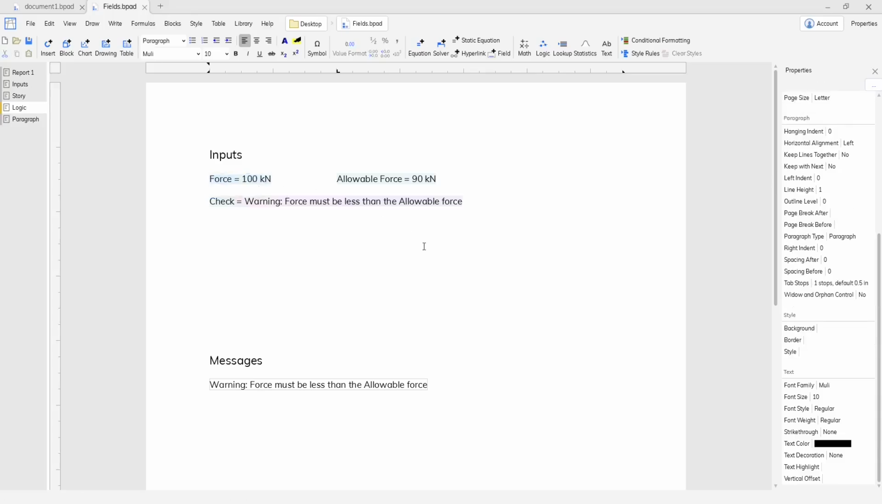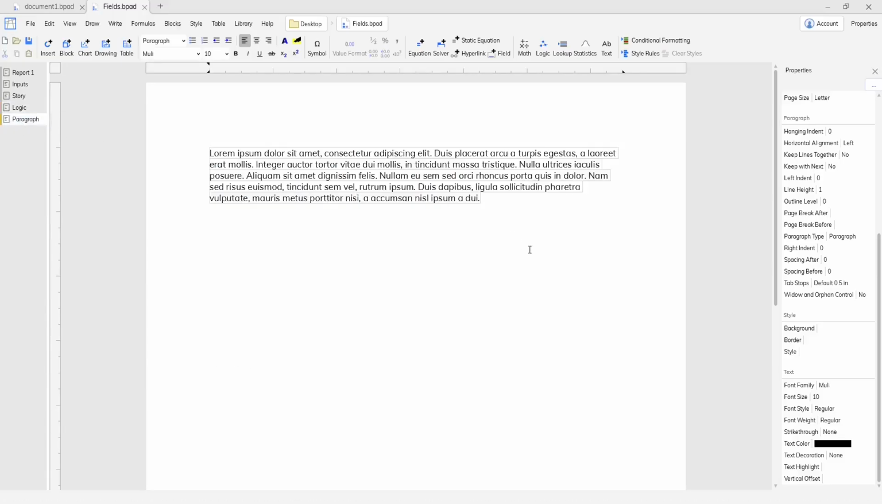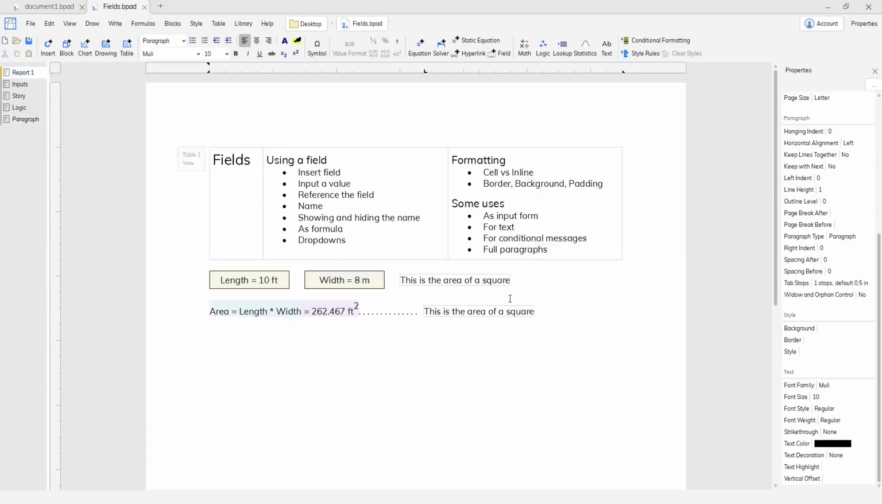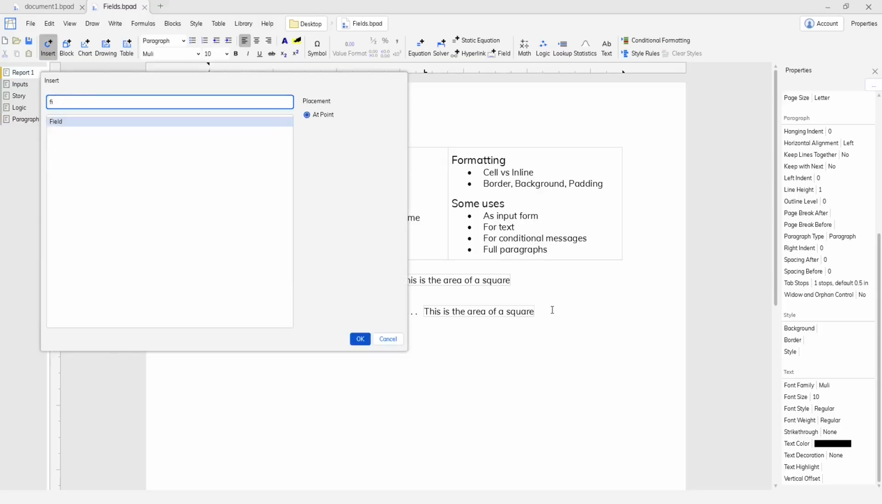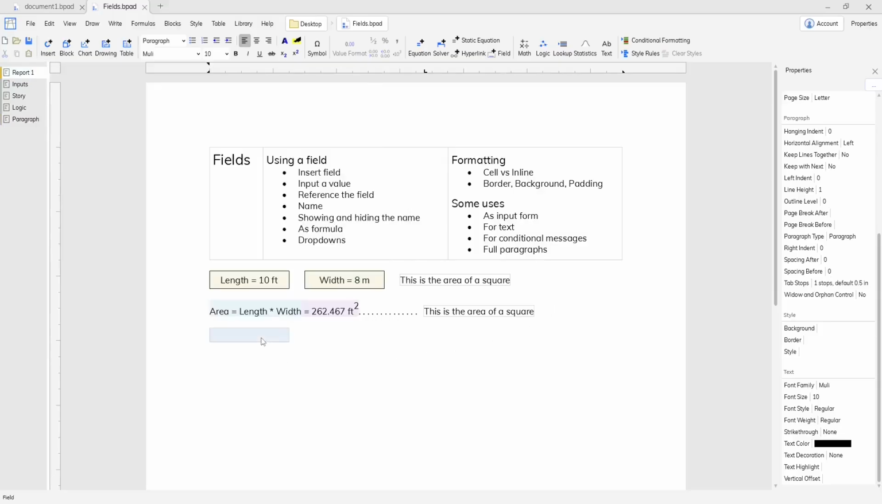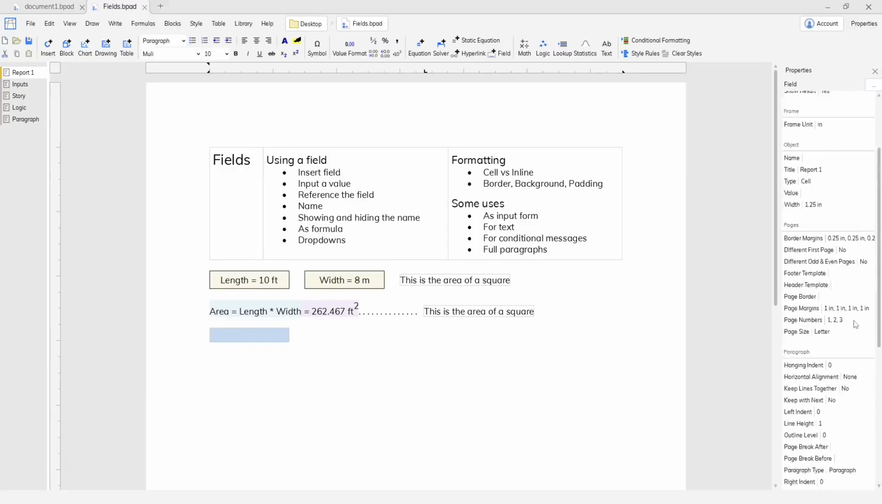So that way, if the force ever does become greater than the allowable force, then I get my warning message. One last kind of interesting use of fields is that you can store an entire paragraph inside of an inline field by just pasting in the text into a field and naming it. And then you can reference that paragraph inside of another inline field. So I'll press Control K and insert a field. And then I'll change this to inline